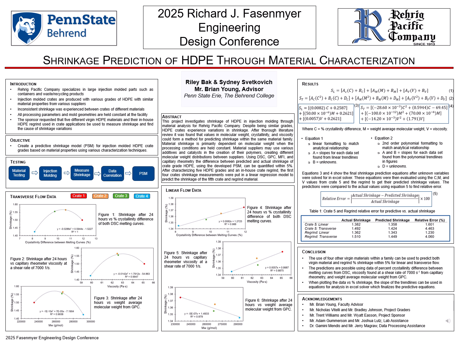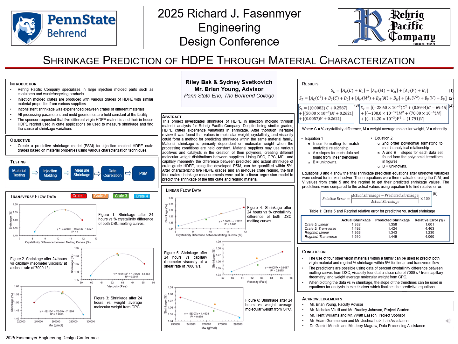Rig was experiencing variations in shrinkage in their injection molded crates that are made of variations of HDPE. They tasked us with creating a predictive shrinkage model for injection molded HDPE grades based on material properties. So we found through a lit review that shrinkage is primarily dependent on molecular weight, viscosity, and percent crystallinity. So using DSC, capillary rheometry, GPC, MFI, and pressure transducers, the difference between predicted and actual shrinkage can be quantified